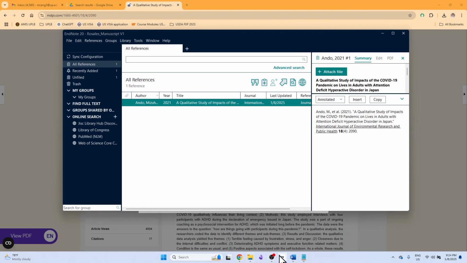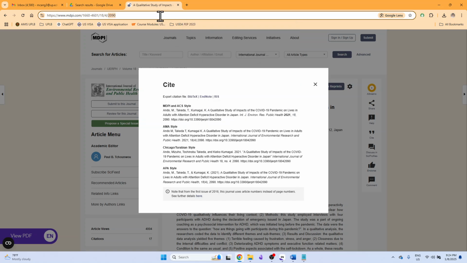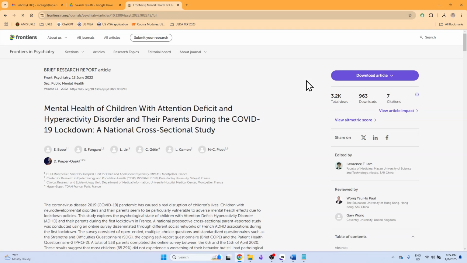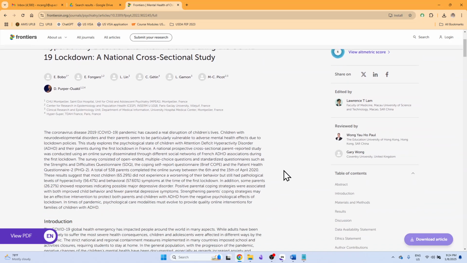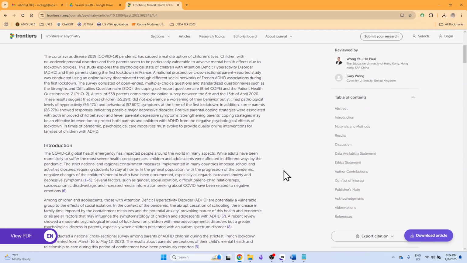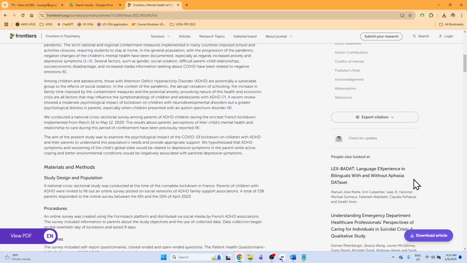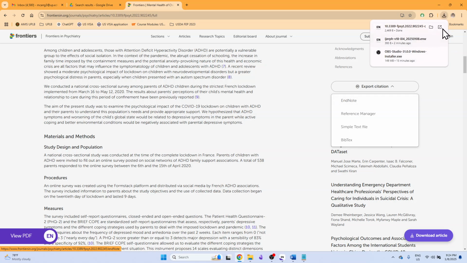And then the other paper, again, copy the DOI, paste, then it's in Frontiers. Where is the cite button? Here, export citation, and that one.